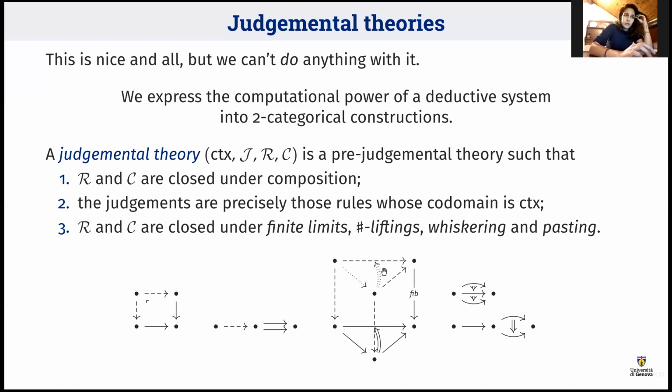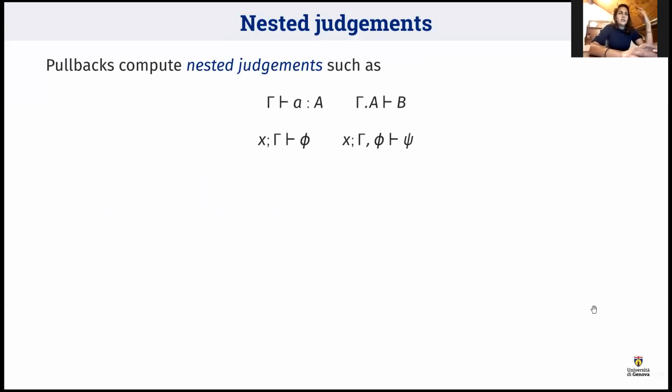And we haven't found any reference for this in the literature. So if you know something like this, please point it to us. And then just whiskering and pasting, meaning some standard two categorical operations. So these will express the, let's say, computational power of the deductive system. So I just want to have a look at pullbacks. And my claim is that they are perfect for coding nested judgments, such as the premises of the two rules